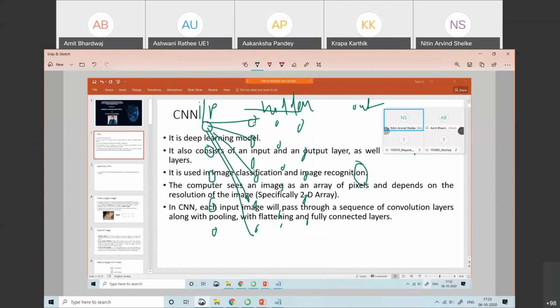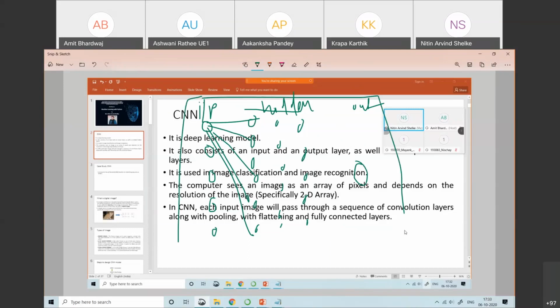In CNN also we use this kind of concept: input layer, hidden layer, and output layer. Only in the case of CNN, in the hidden layers, we use some different layers, like the convolutional layer, pooling layer, and flatten layer. So this is the structure of your artificial neural network.